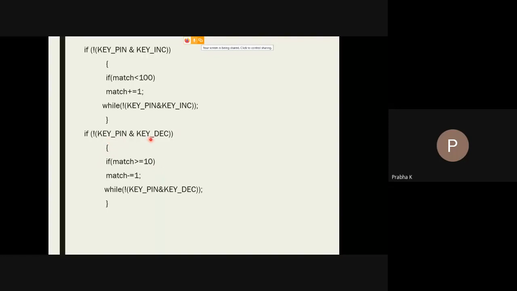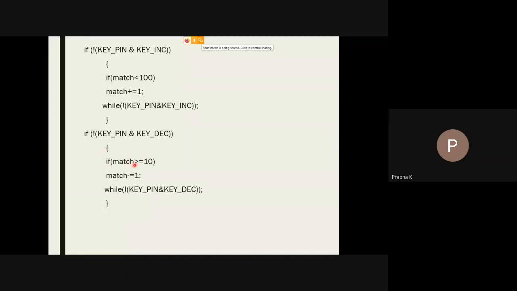Here we are using the decrement key to make the motor speed reduce. When I press this key, which is defined as KEY_DECREMENT, whatever data is generated after pressing the key will be read by the variable KEY_PIN, which is designated to one of the commands. Only because of that command is your LPC able to read the data. After that, you are having difficulty here. What is the match value? The match value will be taken automatically by your LPC1768 at a normal speed. What is the match value at a normal speed?